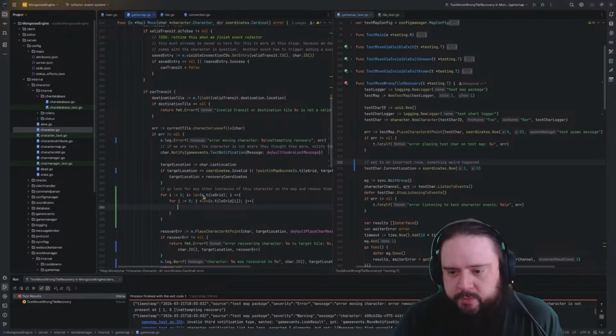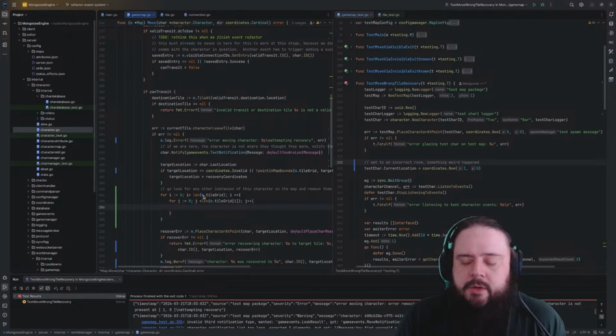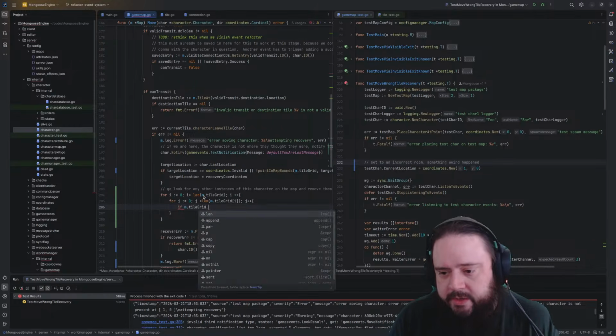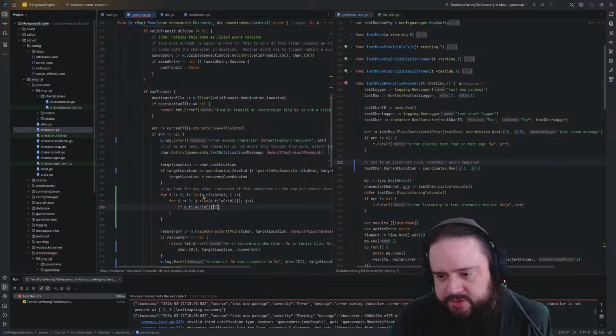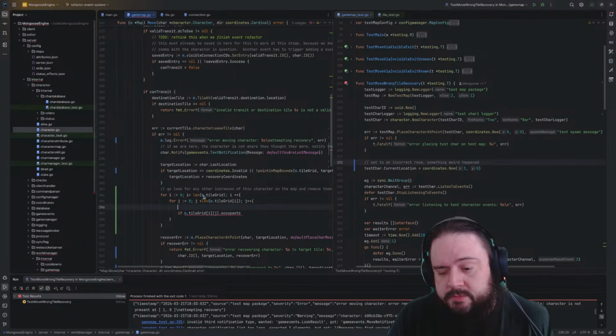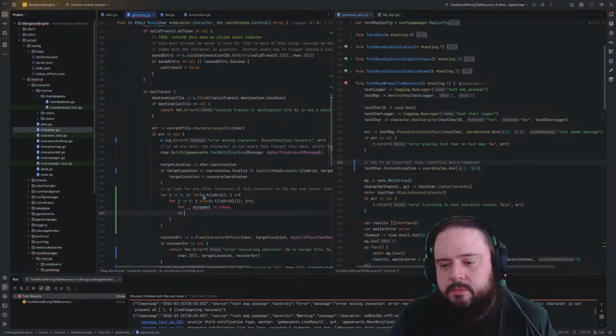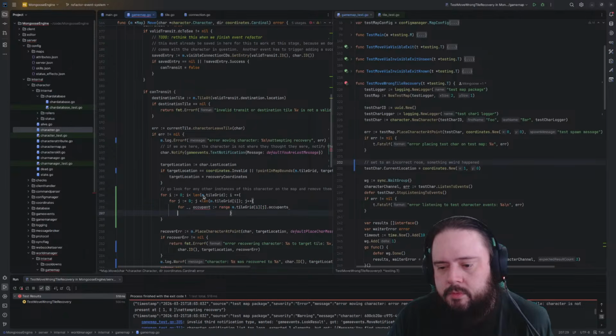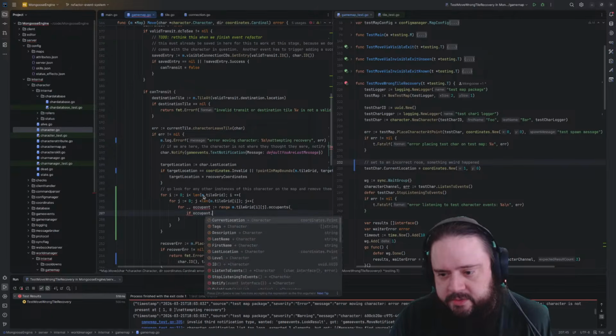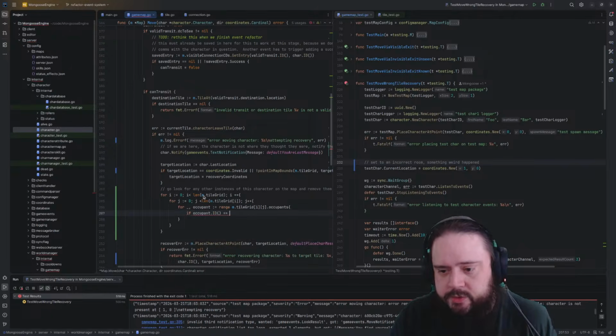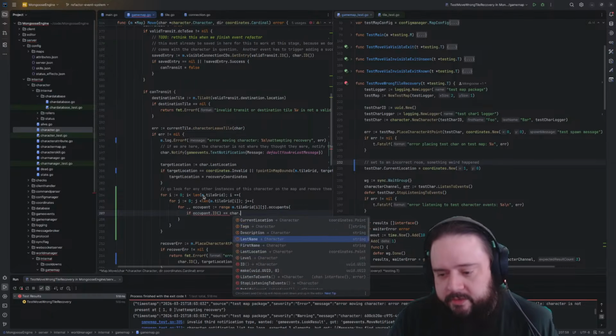Little nested i j loop here, and we're going to say if tile grid at i j occupants. Ooh, and then I've got to go through that, don't I? So if occupant ID is equal to this character's ID, then